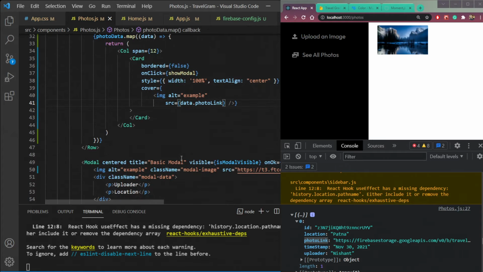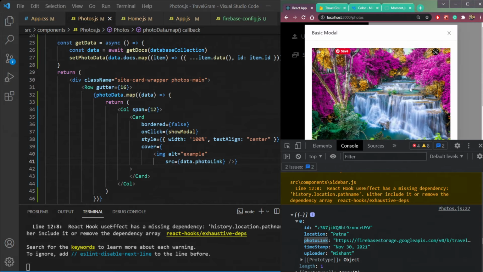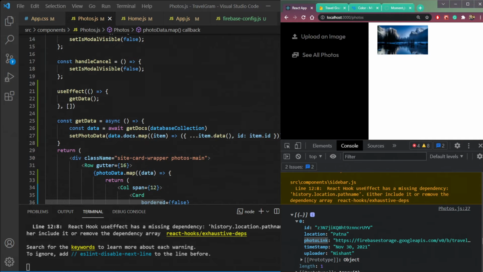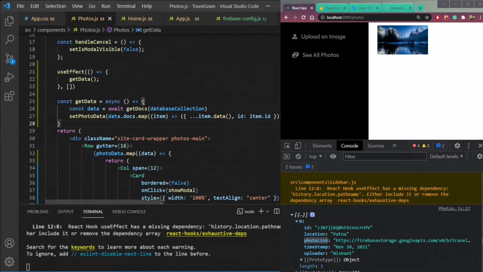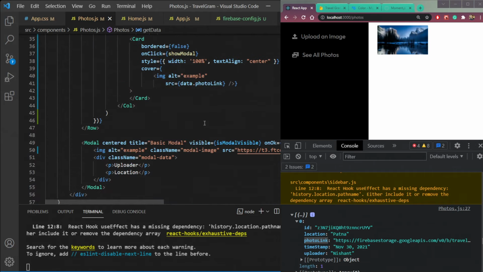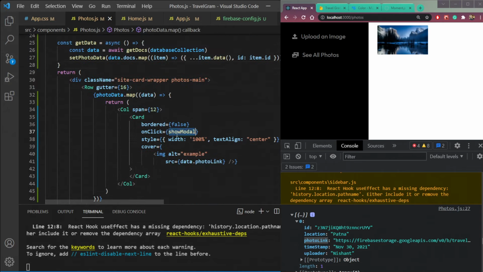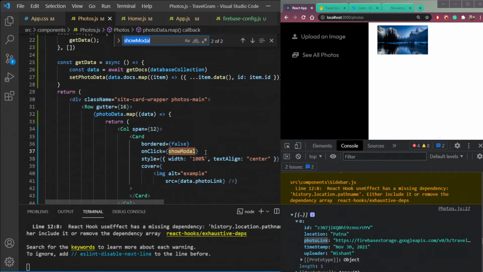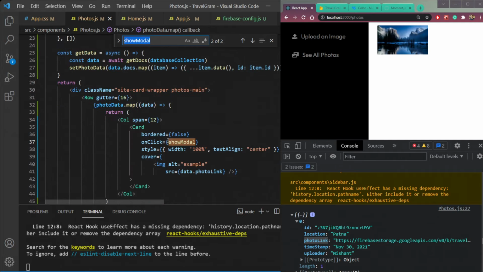So we have this photo link data here, and we need to send this data to this modal now. It's our next challenge. So when we click this button or this image, this data should get sent to one function. So we are sending this data. See, on click of this modal or this photo, we are calling this function called setModal. So let's send data here.